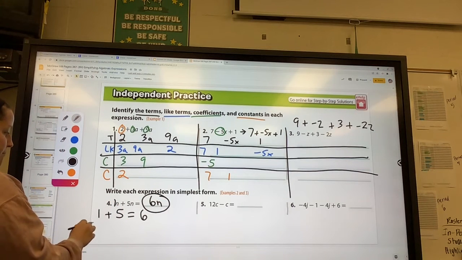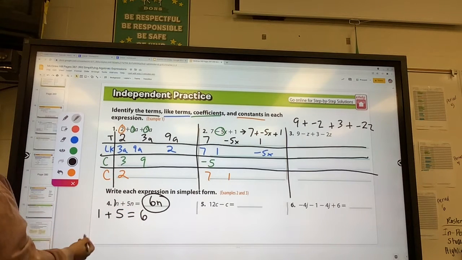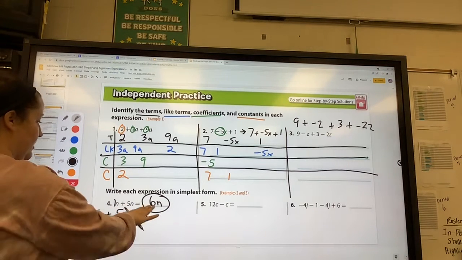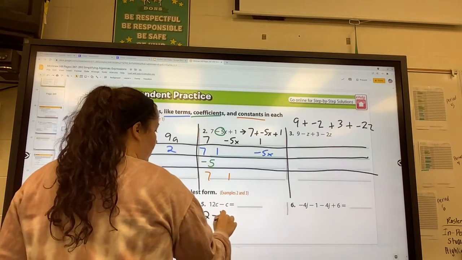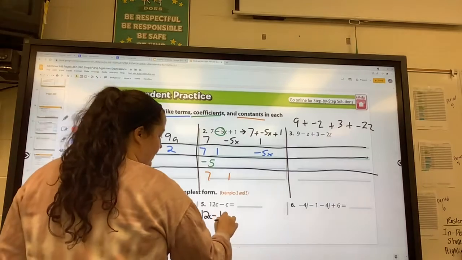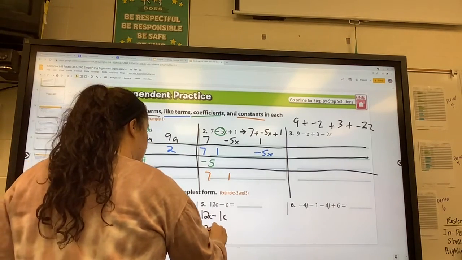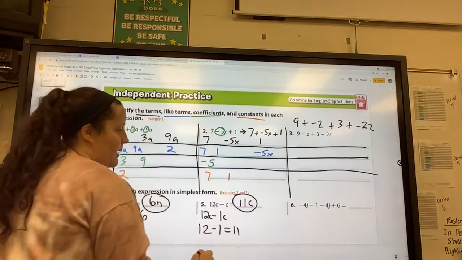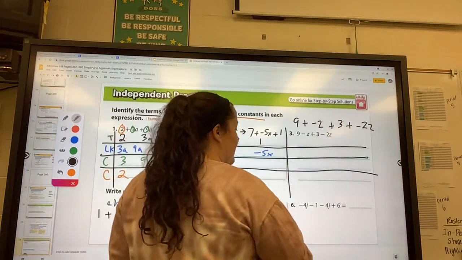Remember, if you have 1 penny and 5 pennies, right? That would be 6 pennies. You don't add the n's together or anything, double. You just leave it like that. 12c minus, it's 12c minus 1c, right? That's 1c. 12 minus 1, 11c, okay? Last but not least, in these types of problems, remember, it's easiest if you write everything out as